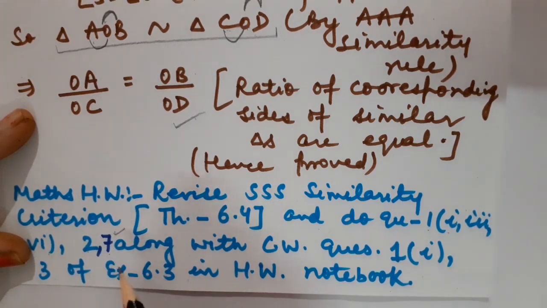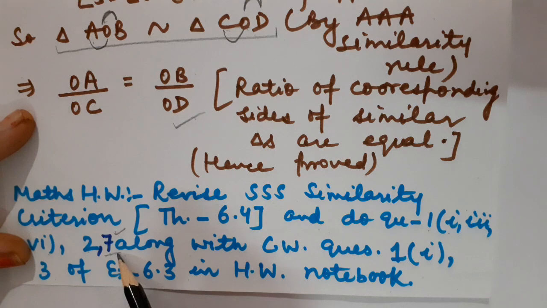In question number 7, there are 4 parts. Everywhere double A criteria is used. When you see the statement, you will understand it. You will really find that this is a very easy question. Fine, children?